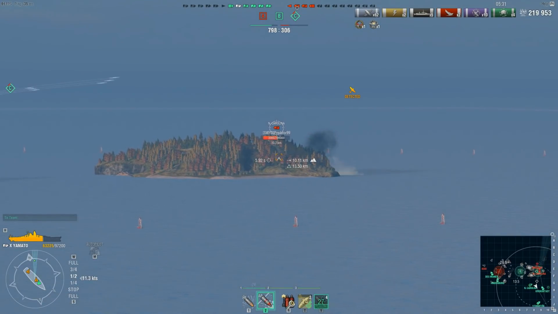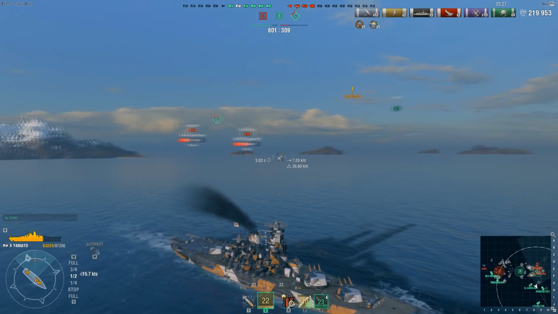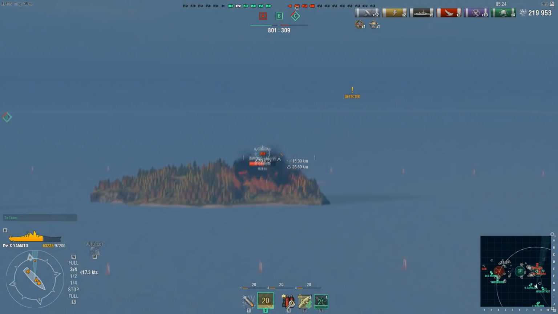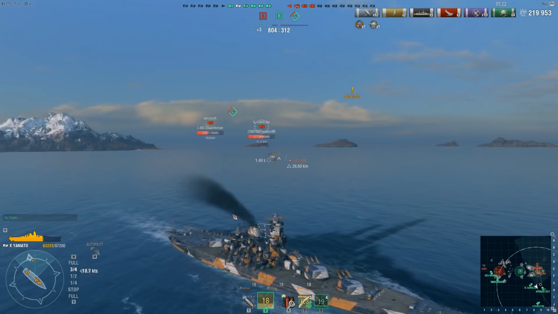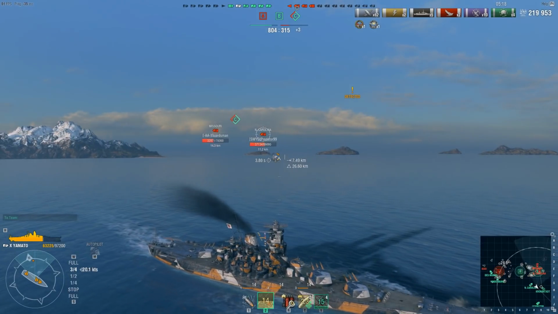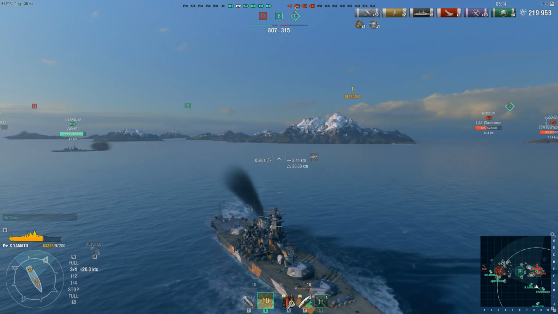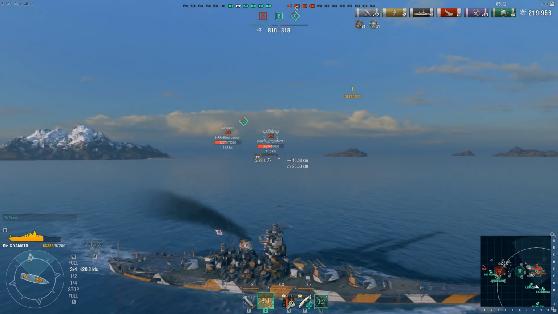Iron there, again, using the map option to try and look over, which is weird because he's got a catapult fighter up and not a spotter aircraft. If he had the spotter, he'd be able to see over that island nice and easy. The catapult aircraft, of course, in this particular game, actually a wise choice because it is going to go